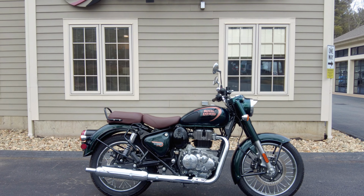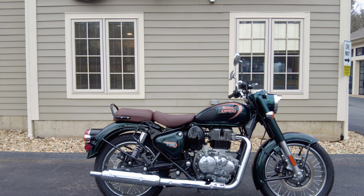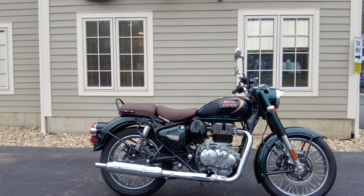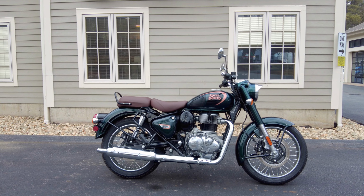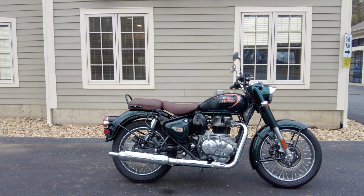So now we've reached towards the end of the video, so I'm going to talk about some of the accessories and just have some closing comments here. So some of the accessories we sell for this Classic, you can get a rear luggage rack. We have various wind screens as well to have wind protection if you want to keep some wind and bugs